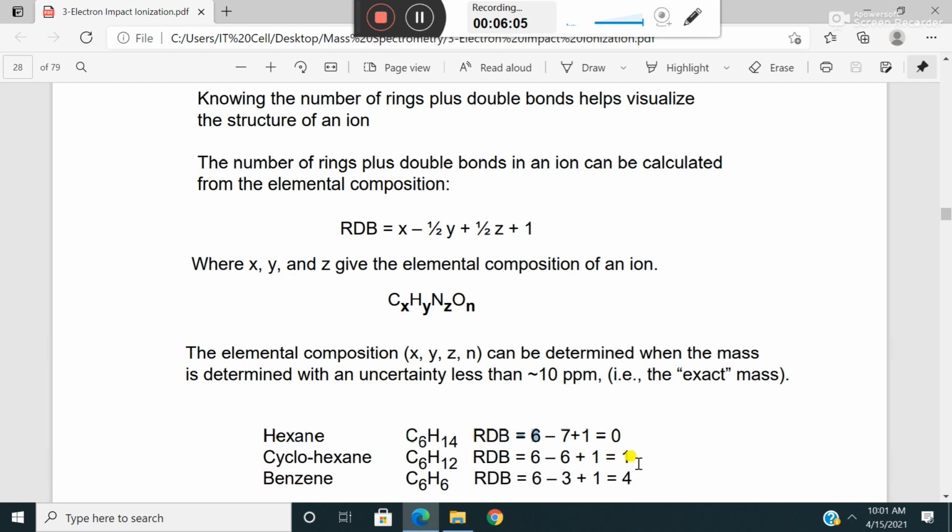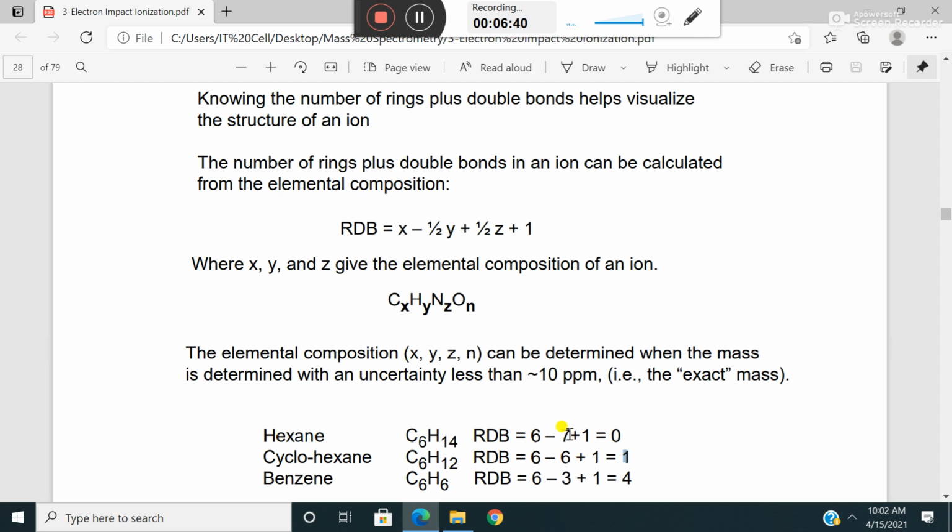By doing that you get 1, which means that in this particular formula, carbon 6 and hydrogen 12, we have only one degree of unsaturation. You can see cyclohexane is a structure that has only one ring. What about hexane, C6H14? If you put the values, carbon is 6, hydrogen is 14, and 1/2